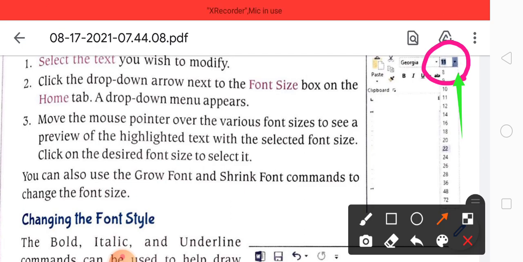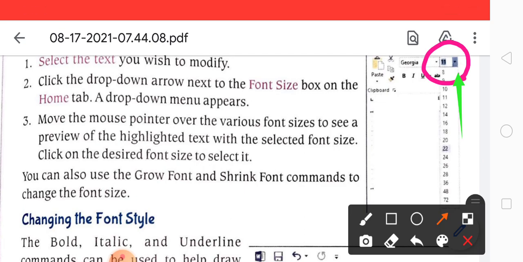Then after that you have to go to the drop down menu, which is within the Home tab. Then you see many options by clicking here.